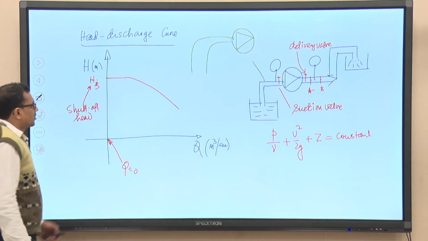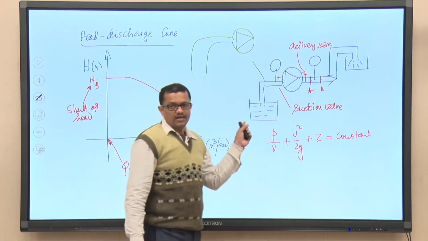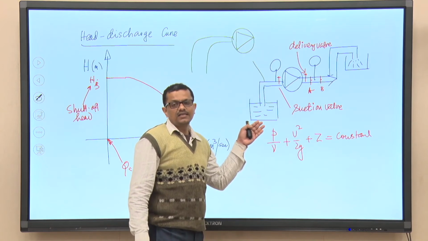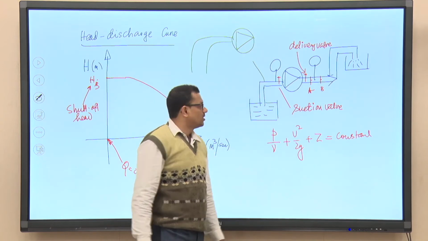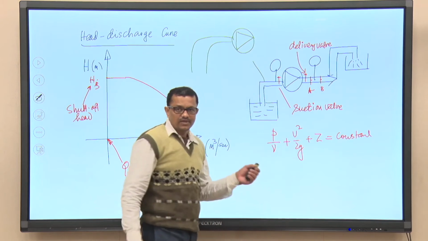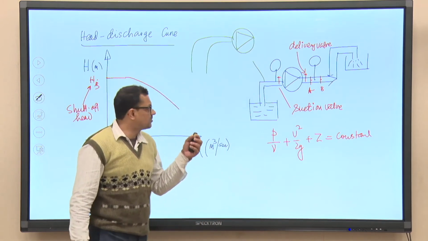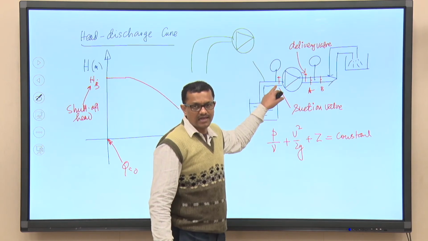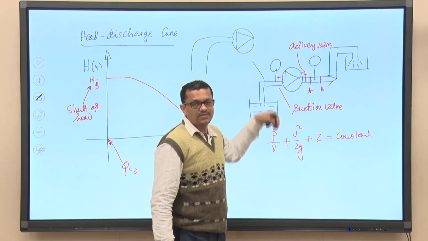Question is, in this particular arrangement, that is also known as the pump operation at the negative suction condition. Why negative suction? Because if you try to recall, in the last class we have discussed that the pressure head available at the suction side is the vacuum pressure, negative pressure. So, this is known as negative suction operation.